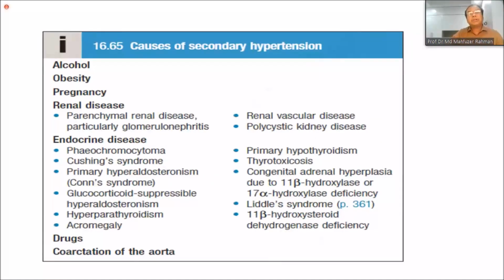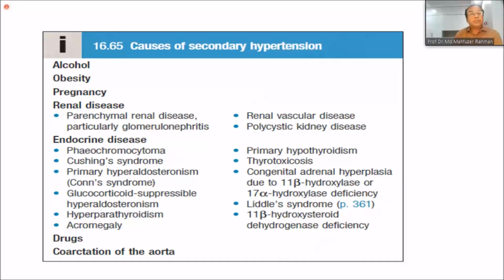Hypertension is classified into two types, essential hypertension or primary hypertension, and secondary hypertension. In most of the cases, primary hypertension is around 95%. And in only 5 to 10% of cases, we may be able to detect the underlying cause of hypertension. Out of these, the important ones are renal disease like chronic kidney disease, renovascular disease, polycystic kidney disease, and endocrinopathy like Cushing syndrome, pheochromocytoma, thyrotoxicosis or hypothyroidism, hyperparathyroidism, acromegaly. These are very important endocrine causes of hypertension.